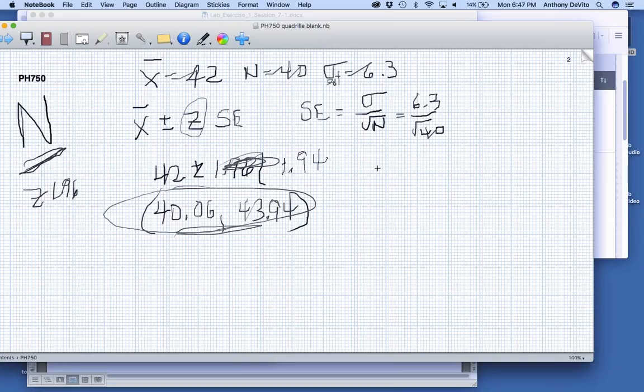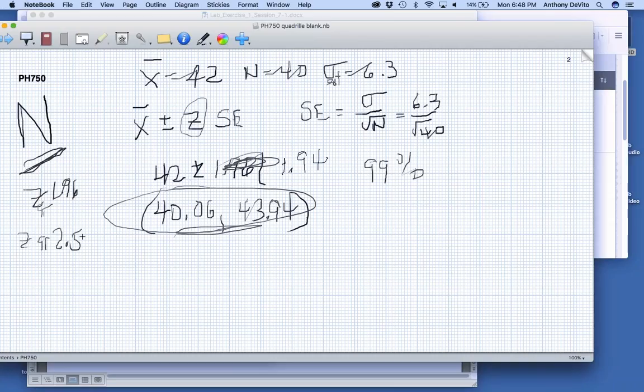If I were going to calculate this where I wanted to be 99% sure, would the range be wider or narrower? Wider, because I want higher certainty. And what would make it wider? What changes in here that makes it wider? Right, z-score, exactly. The z-score changes, right? So instead of a z-score of 1.96 for a 95% confidence interval, for 99% confidence interval, I would use a z-score